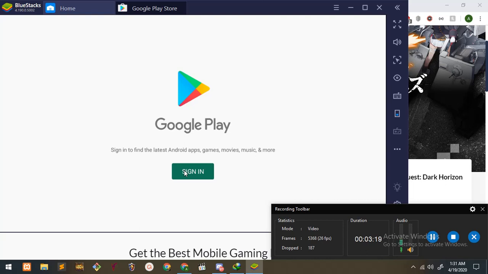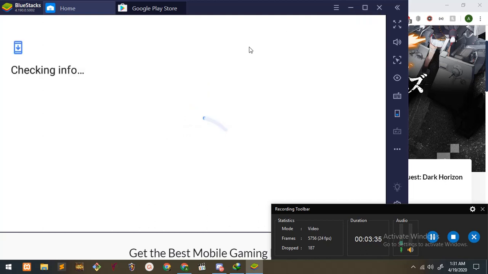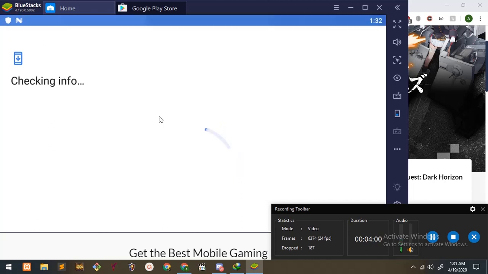Also, for BlueStacks to work properly, you need to have the virtualization option enabled in your machine. It should run without enabling the virtualization, but there will be a noticeable performance difference between a computer that has virtualization enabled and one that does not. As you can see here, the virtualization is enabled, but my computer is not really handling the processes well